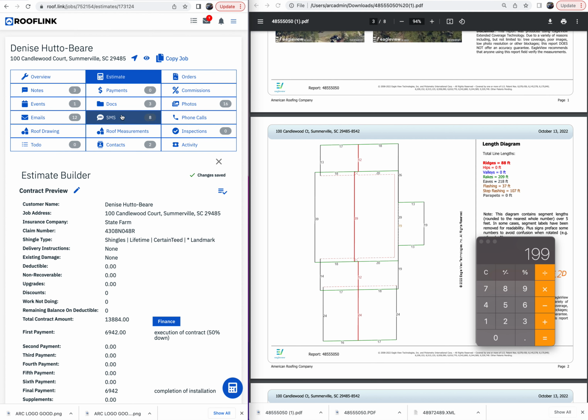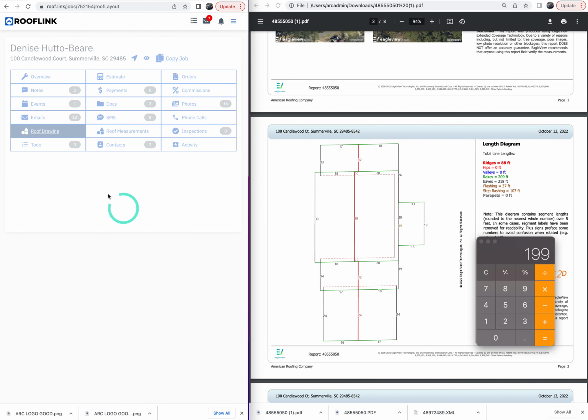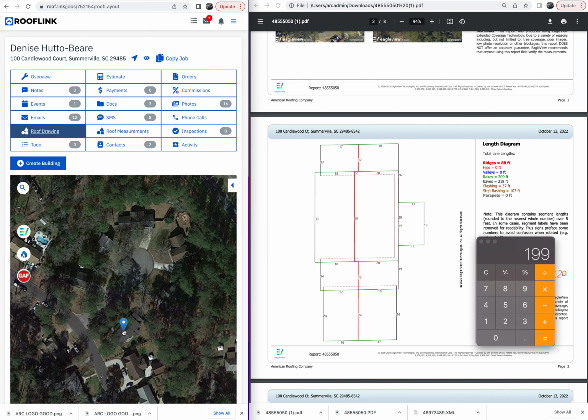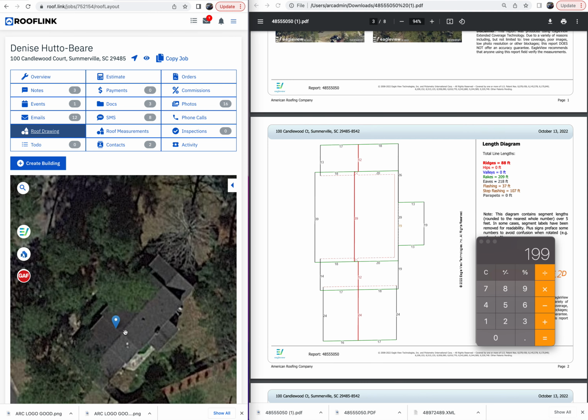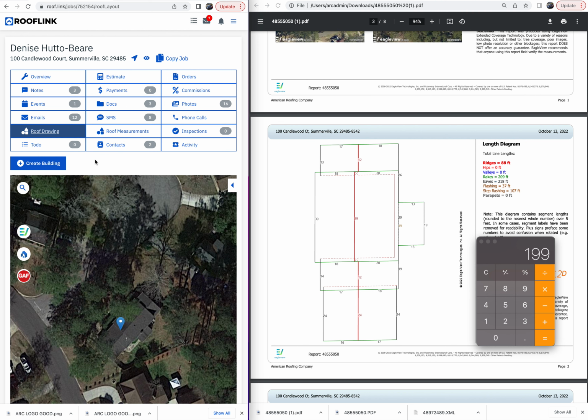So let's just go over roof drawings one more time though, because I want to illustrate how simple that actually is. So if we're going to draw this roof, I'm going to get it where I can see as much of it as possible. You're going to create building, click, click, that's a rake, then down to here, that's a rake. We're going to come over to here, and then we're going to come back out just a little bit because there's another little point there. All these are eaves, so I'm not worrying too much about